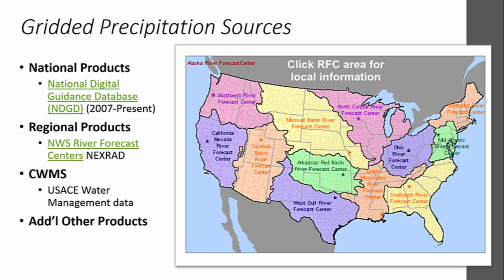There are an increasing number of gridded precipitation products available. This includes both national and regionally developed products, such as from your local National Weather Service river forecast centers. Some of the most popular products are listed here, but additional products may also be available for your watershed. As part of the USACE Core Water Management System, SWIMS efforts, most USACE districts are currently receiving real-time gridded precipitation products to their water management servers. Discussing available data with your local water management staff is highly recommended while scoping new HMS models.